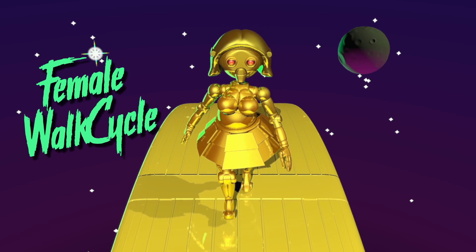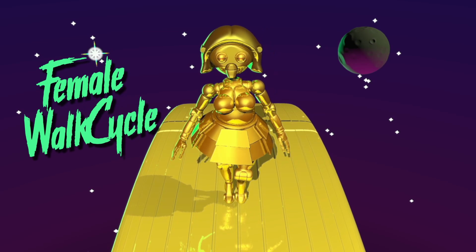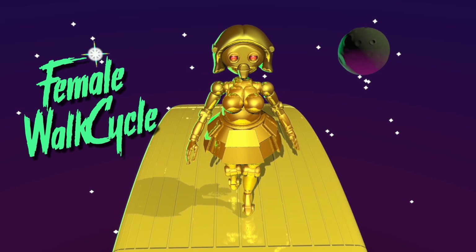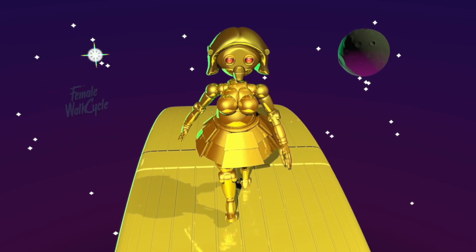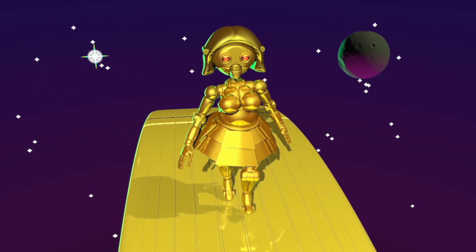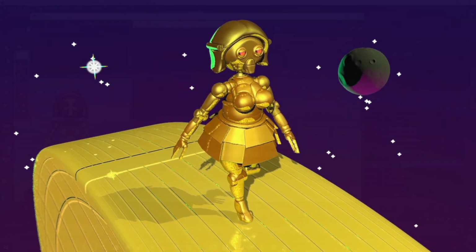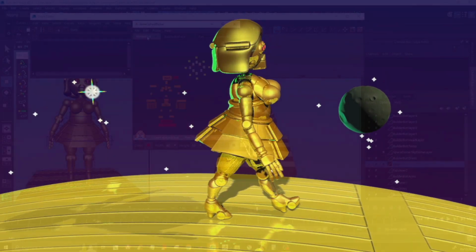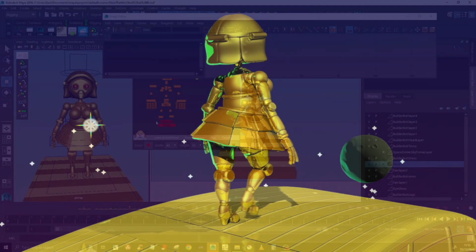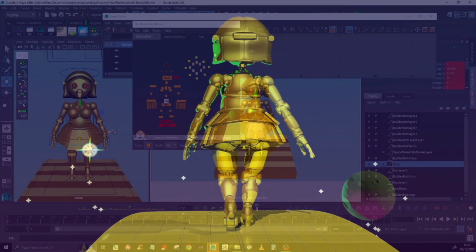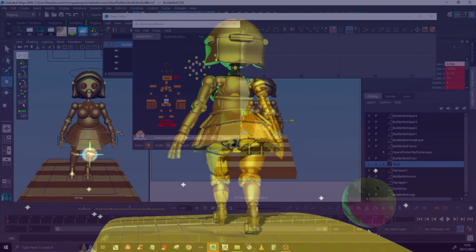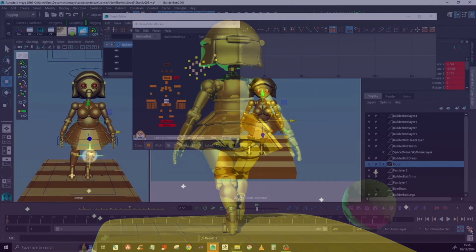Hi there, this is going to be a walkthrough of a walk cycle animation that I've created. I'm just going to be going over the basic principles of how to make a walk cycle, and this has been done in Maya. And we're going to start with